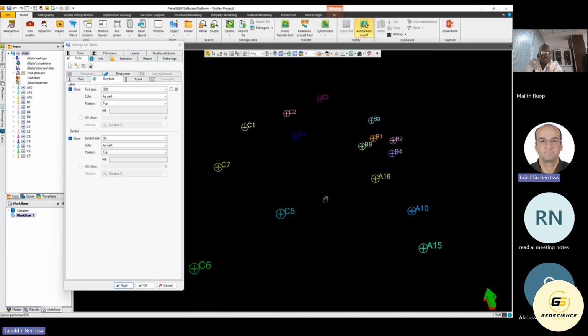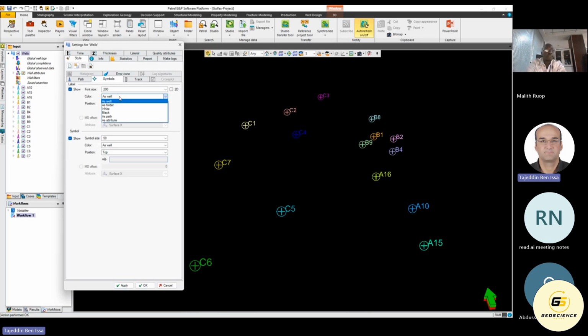And this is how I can change the colors from the label. If I want to keep them as the color of the well, it means that the label of the well will be colored according to the color of the icon of the well, or I can change it to black or white,